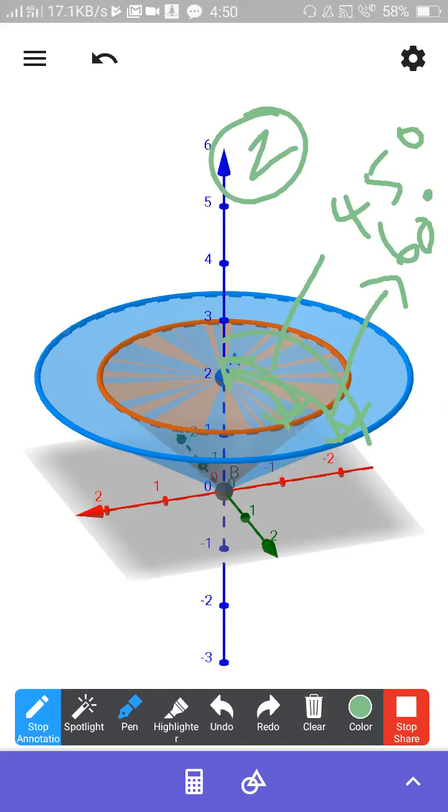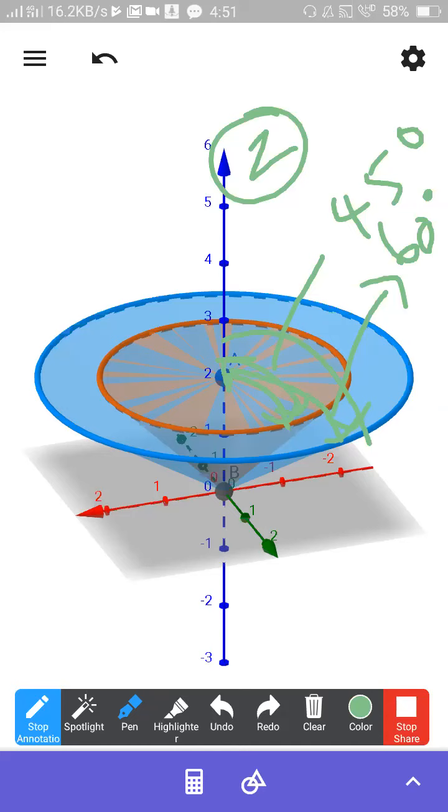Can somebody tell me what will happen if theta is 90 degree? It will give a circle. What will happen if my theta is 90 degree? Once you keep on going in this way, what will happen in that case? It is almost like a circle. It will become like a plane on the base plane. It is almost becoming like a circle. That is a kind of limiting condition.